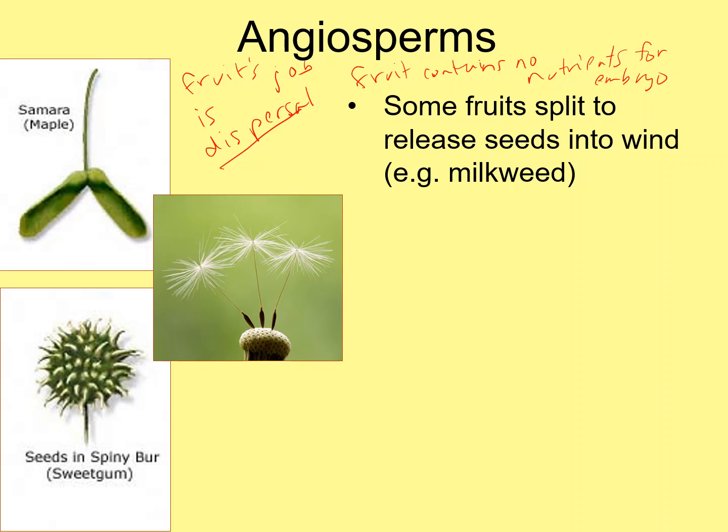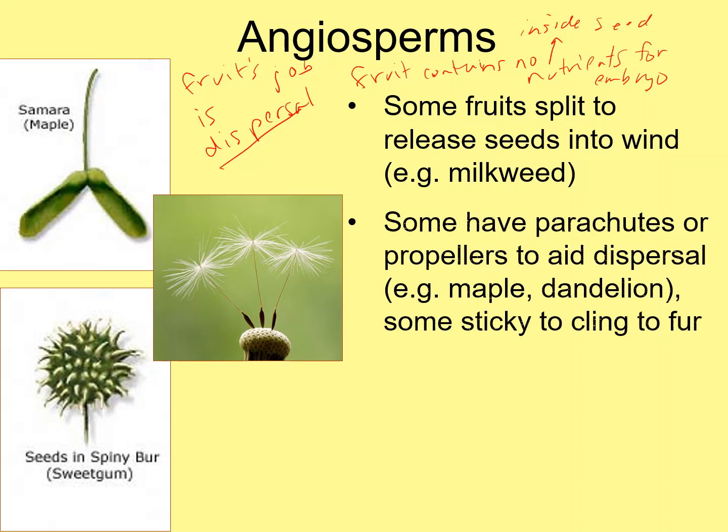The job of fruit is dispersal. So this could be a fleshy fruit that attracts an animal to eat it, and the animal eats the fruit, digests it. The seeds pass unharmed through the digestive tract and are deposited along with a nice load of fertilizer in a new location, maybe miles away from the parent plant. Some fruits are picked up by the wind and whisked away to parts unknown, right? So the dandelions or milkweeds or something like that